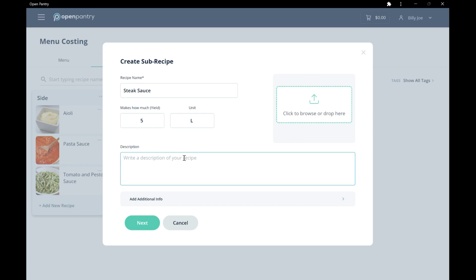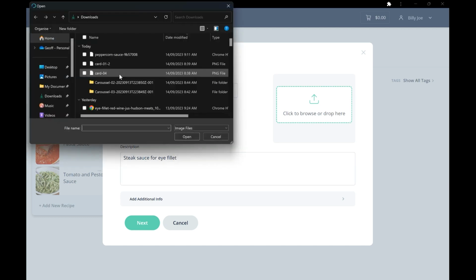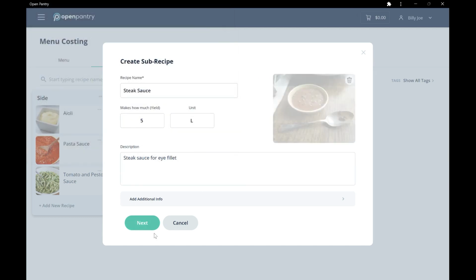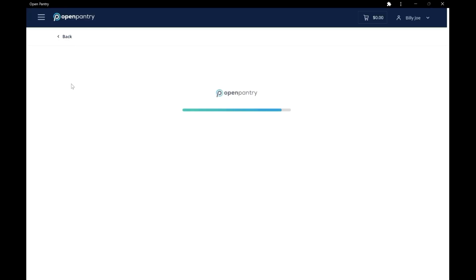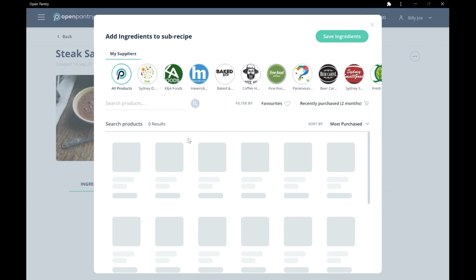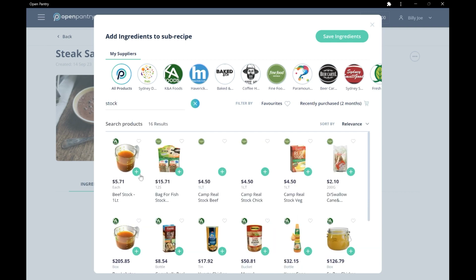So steak sauce for eye fillet. Throw in an image, and let's add some ingredients. First of all, let's add some stock. Here we go.